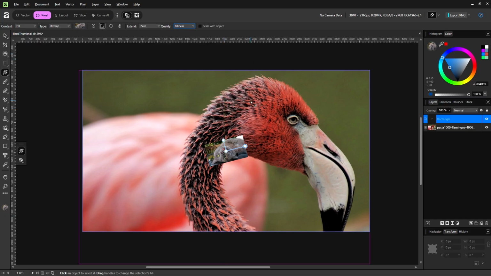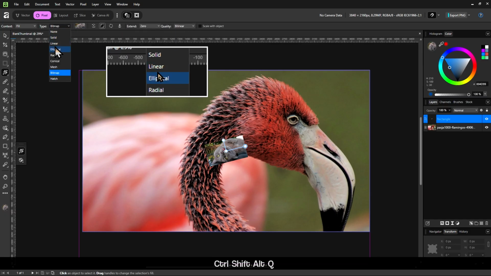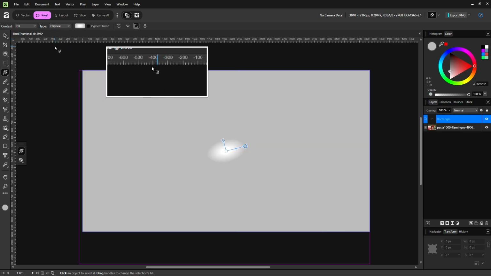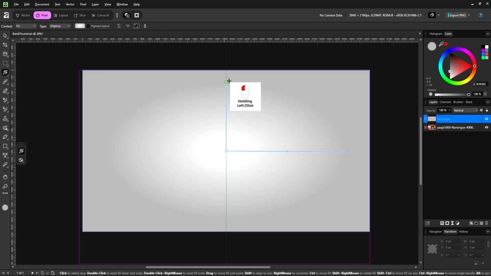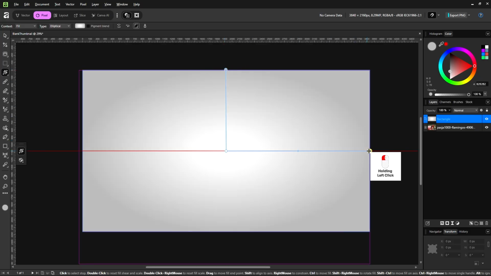And obviously, it cannot be this silly cat or this mogging animal. What I like to do for gradients, for backgrounds, is that I like to use an elliptical gradient. And then I will adjust my elliptical gradient to fill up the image.